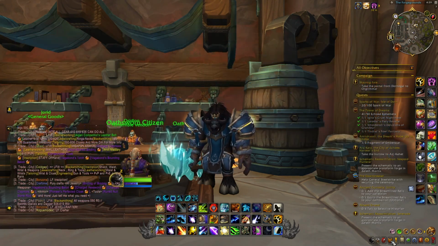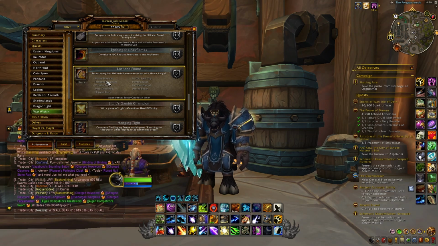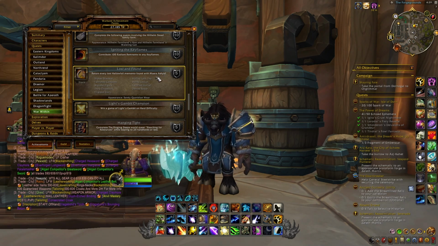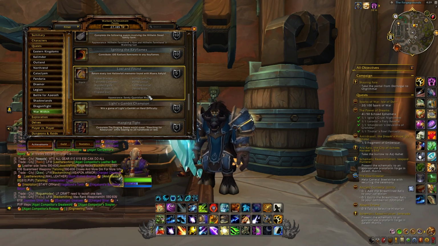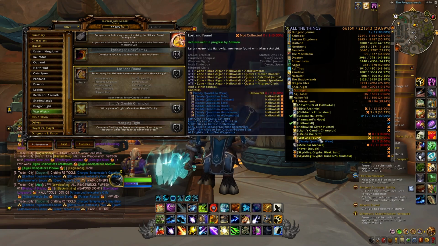Then after that, we also have this achievement right here, the Lost and Found. So here you will need to return every lost Out of Fall memento found with Maera's shield. And as you can see, you will need to collect all these different ones. And when you're done with this achievement, you will be able to get this appearance right here, which is the